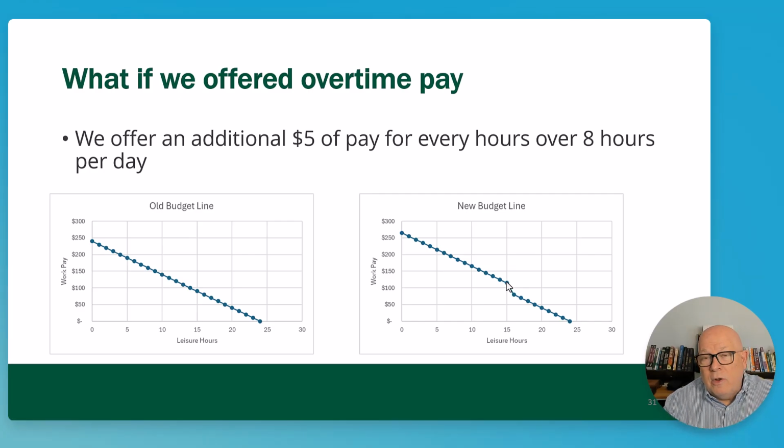So likely that's going to result in everybody wanting to work about an hour of overtime, okay? Depending on the shape of the curve, it's possible the indifference curve could touch a little higher than that, but that would be enough of an incentive to get people to work an additional hour